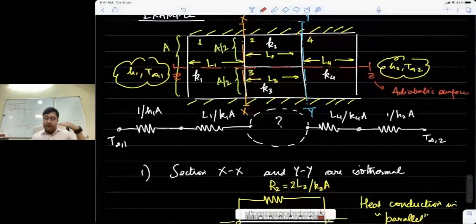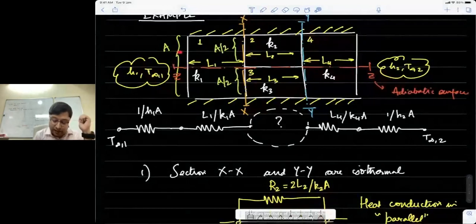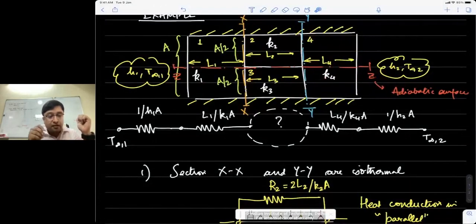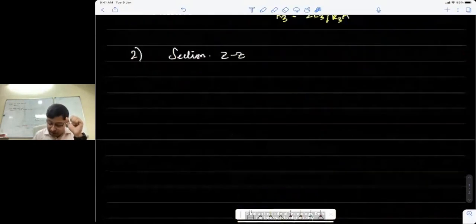What it means is, if this surface is adiabatic, then there is no heat exchange across this surface. So whatever heat travels in the top section travels unhindered. It doesn't have to go down. And similarly, the heat traveling through the bottom section will not go up. It will just go straight to the right, of course, because the two ends are insulated. That is the reason I can come up with this kind of simplification. So if I do this now, what would happen to the circuit?